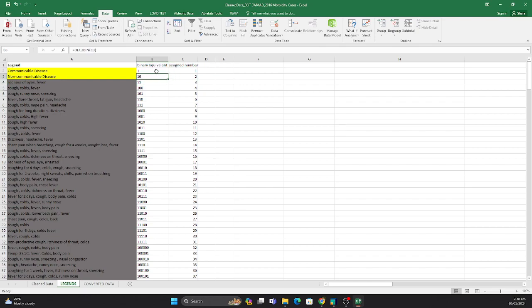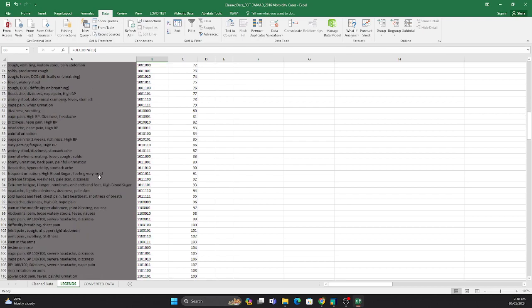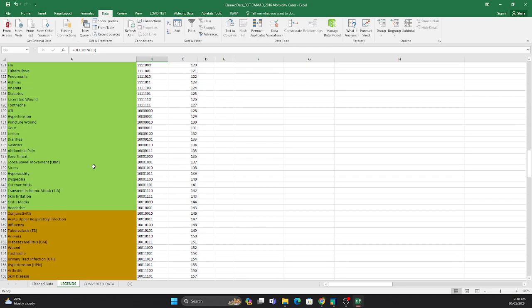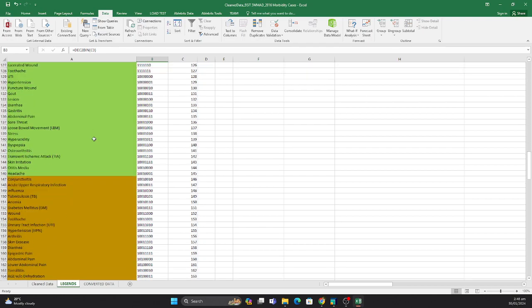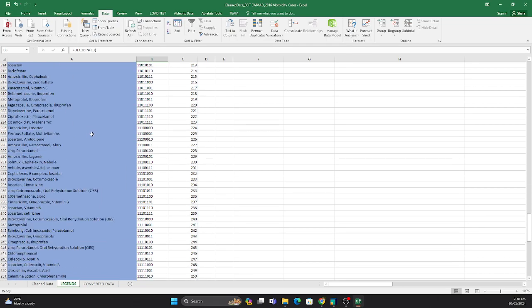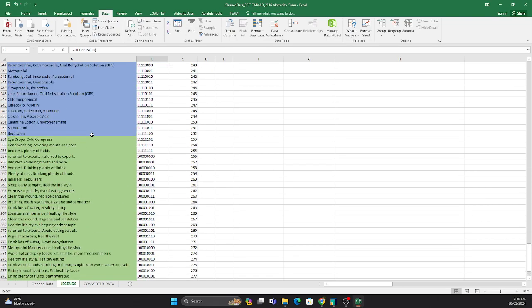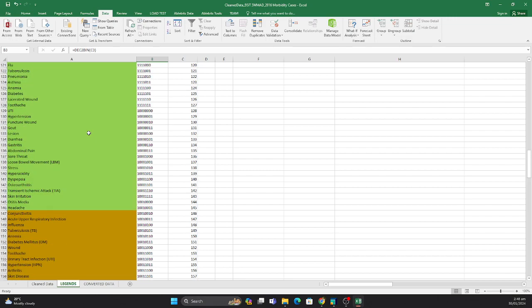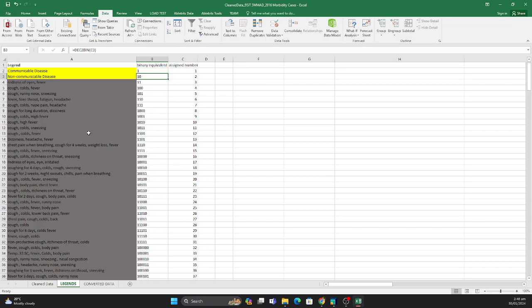The first thing I did was gather them up and sort them by color so we don't get confused. After that, we will add a column named assigned number.